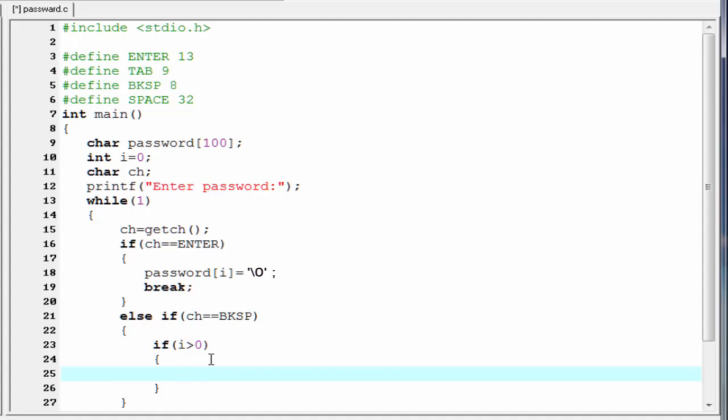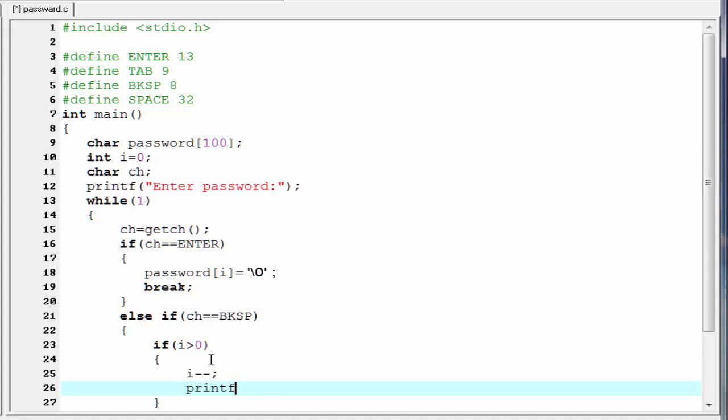If i is not greater than 0, means there is no character. If i is greater than 0, then we decrement i by 1, that is i minus minus. Then I am going to write here printf \b space and then again \b.